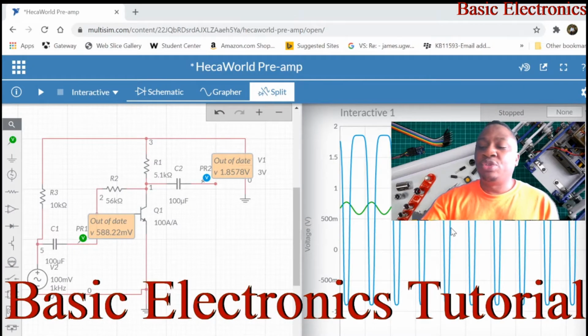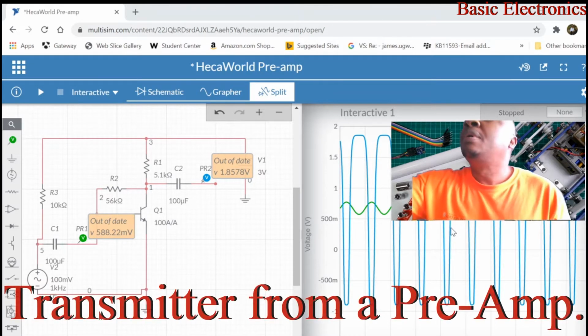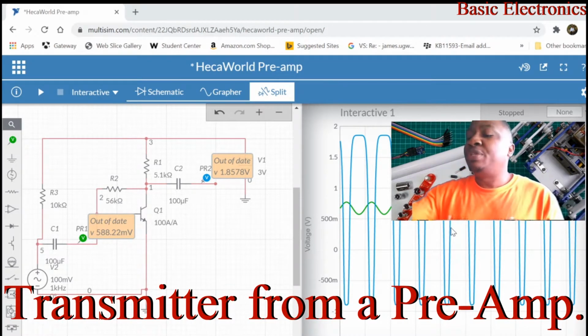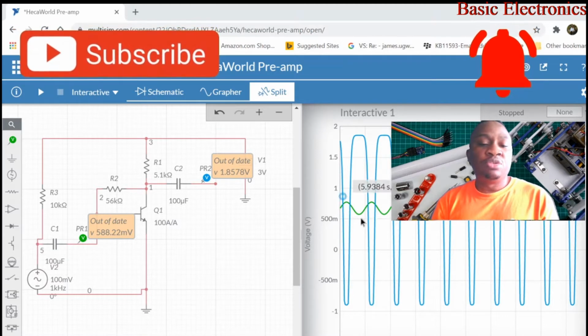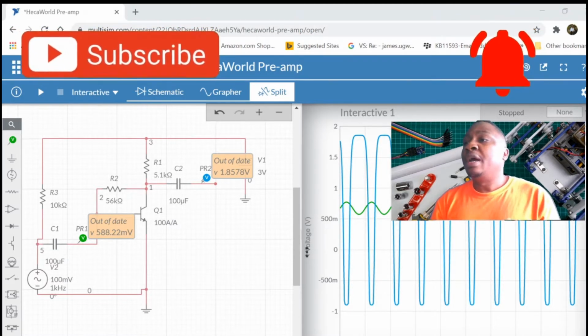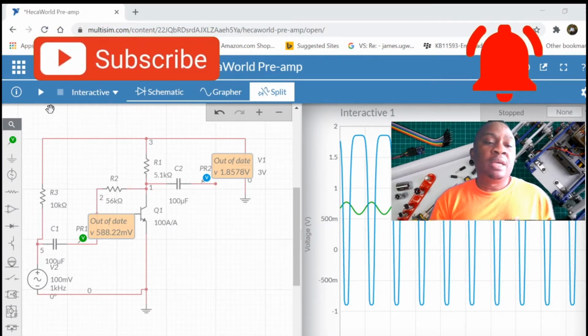In part 1 we demonstrated how we can breadboard our design preamplifier. So we designed this preamplifier on the Multisim simulator, and we ran the simulation and showed that we're getting good amplification. If you can see the signal here, we have good amplification. It's about 2 volts of amplification we're getting here. So what we're gonna do now is to convert this, like we said, into an